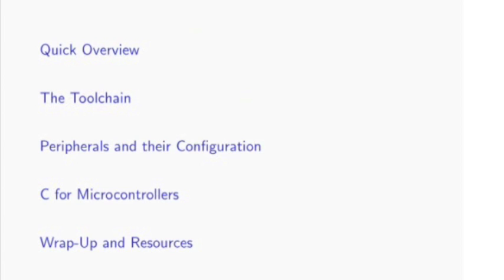And unfortunately, because the peripherals are so flexible, this will end up with a lot of configuration. And finally, I'll deal with some idiomatic C for microcontrollers, in particular how it can make this configuration overhead a little bit easier, and then a quick wrap-up. So I also have far too many slides, so without further ado,